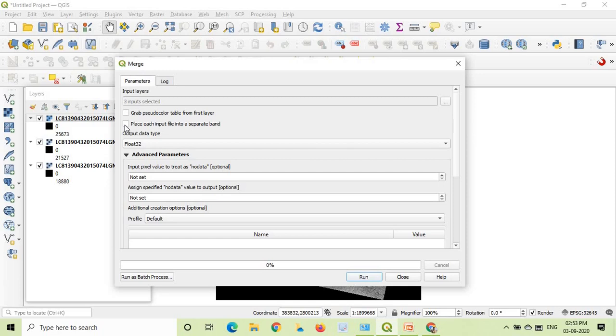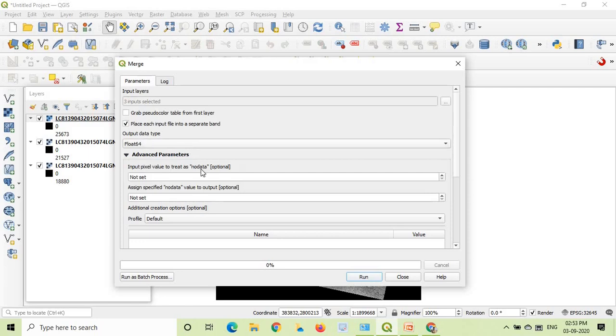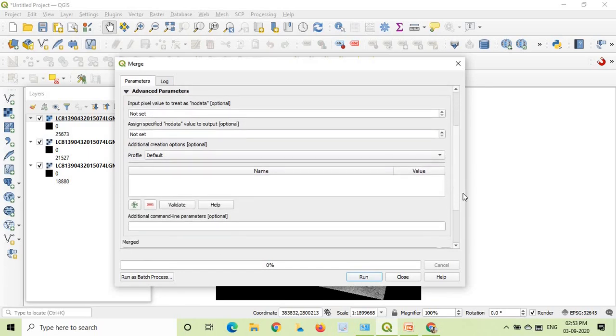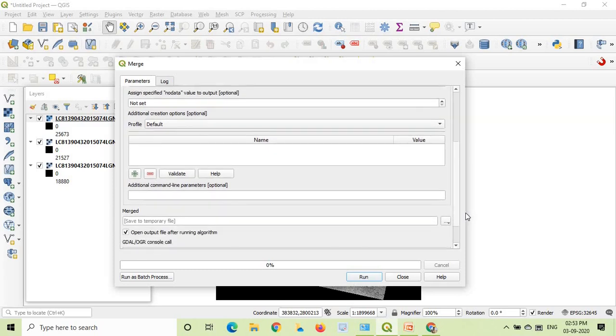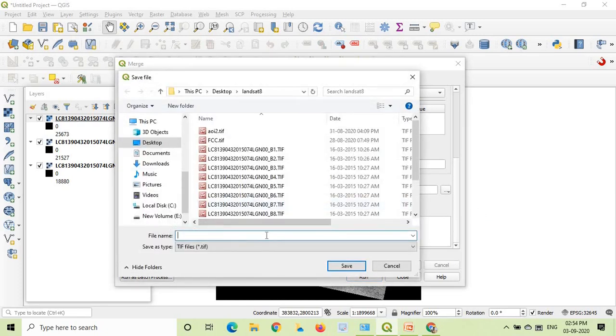And check, place each individual file into a separate band. This is very important, so check it. And in the output data type, select float 64. And in the merged ellipsis button, select save to file and navigate to the folder where you want to save it.